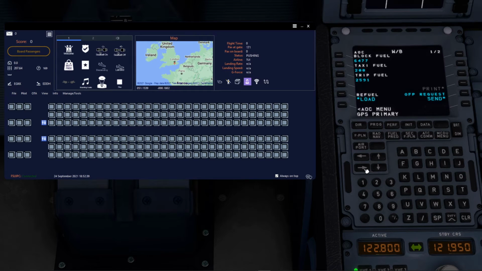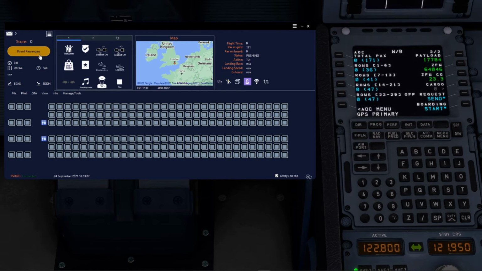Move over to page 2, and it presents you now with this screen, which is pretty new really, just in a recent update. I've just seen this. So what you need to do now is just click on send, and there it actually downloads the information sheet for your current flight. You can see we've got 171 passengers. No one's loaded yet. Now what you can do is actually synchronize both loading,